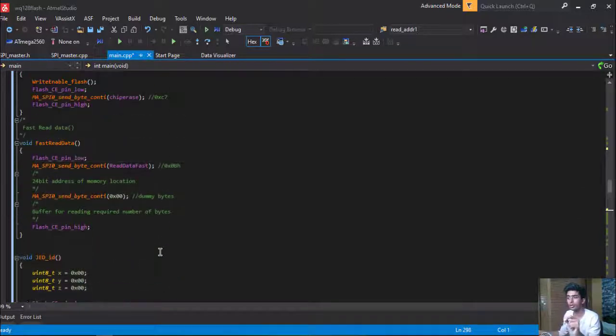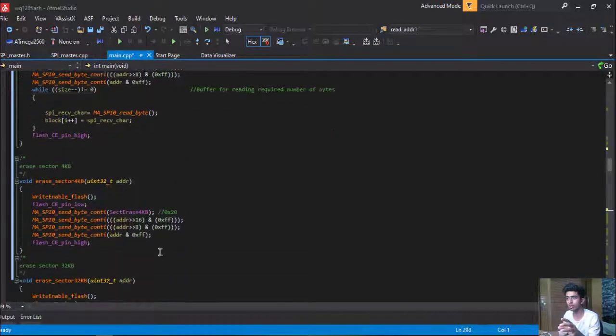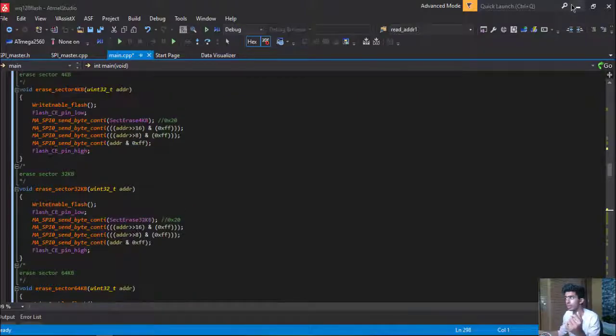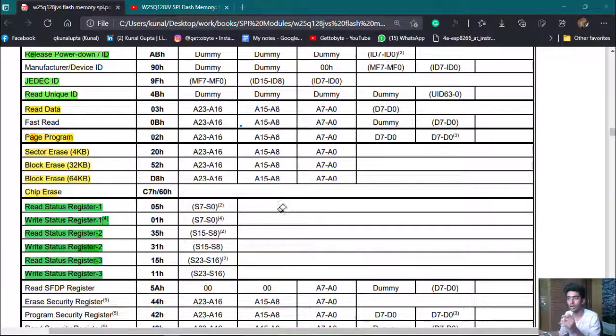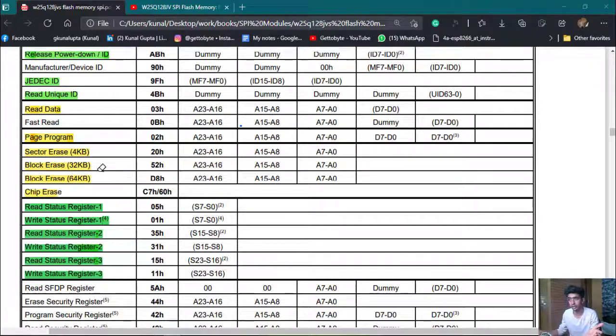One important thing to tell you is that I have the instructions for the sector erase and the block erase. So we can erase our memory. As I have told you, our block is of 65536 bytes, which in kilobytes is 64 kilobytes. If we want to erase half of our block, that is 32768 bytes, so that is 32 kilobytes.